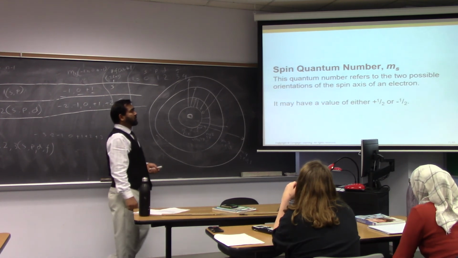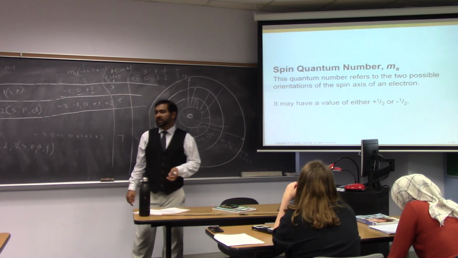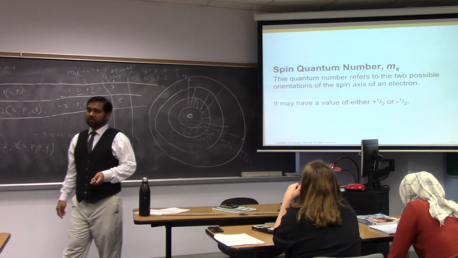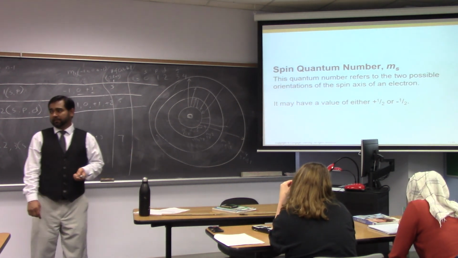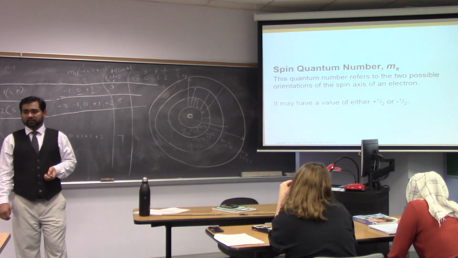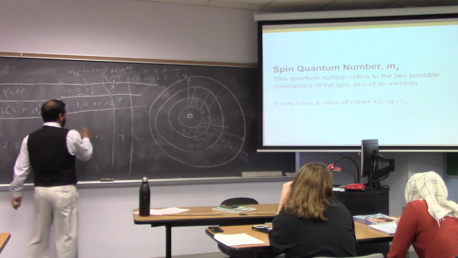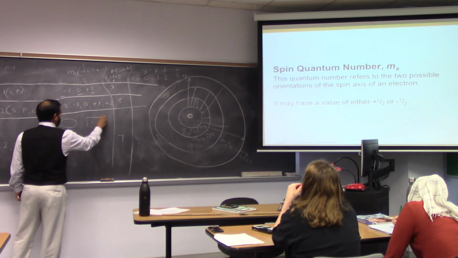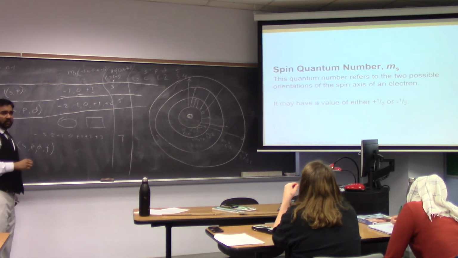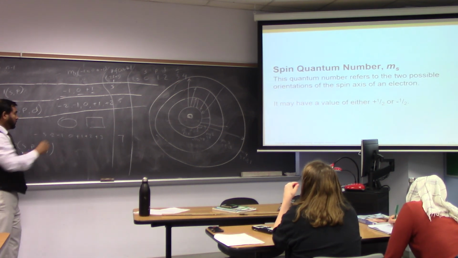The last one is the spin quantum number. It doesn't mean that the electron is spinning. It means that each electron has one positive and one negative type of spin. That means if I draw orbital compartments like this, each compartment has 2 electrons, one this way